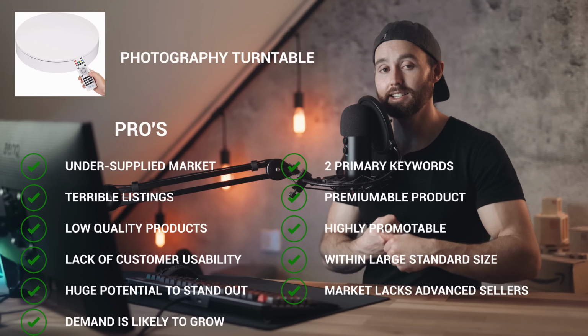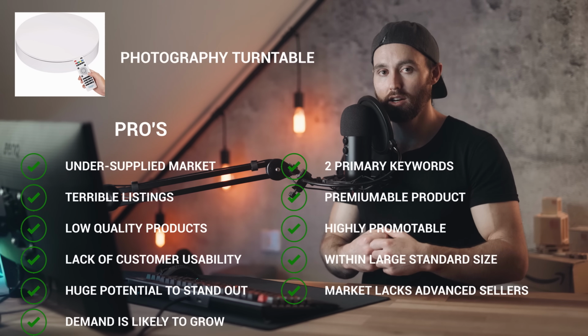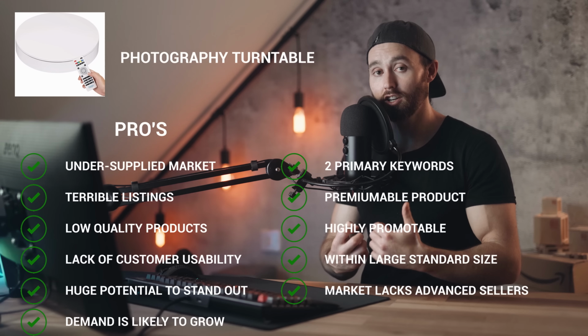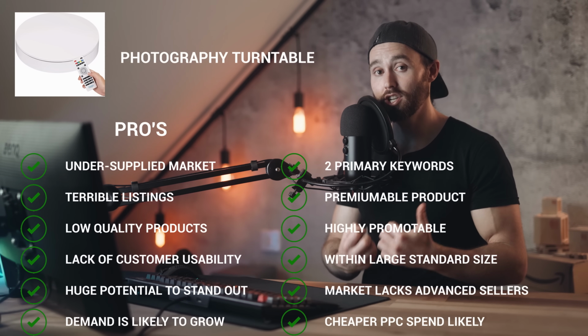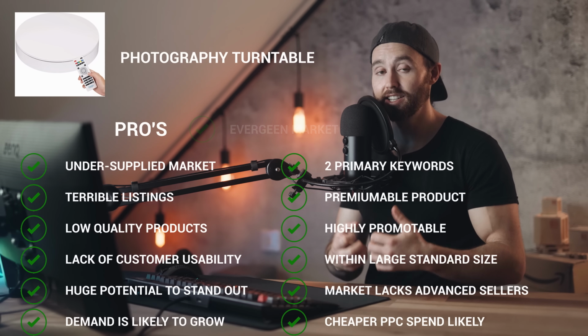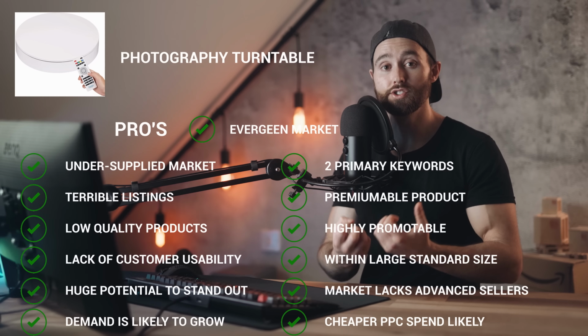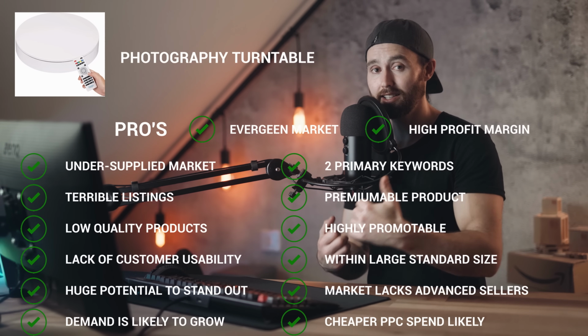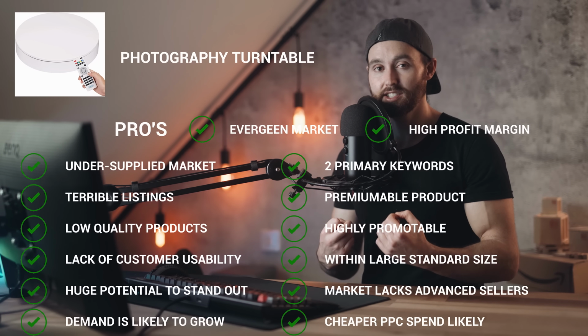The market tends to lack advanced sellers, so it's either a new or emerging niche or just something that other sellers are not finding. It's likely to be a cheaper PPC spend and a cheaper launch for you. This market is evergreen. This product's going to be bought winter, summer, doesn't matter. It's used indoors. And there's also a really high profit margin here of 47%, although that's something I would work